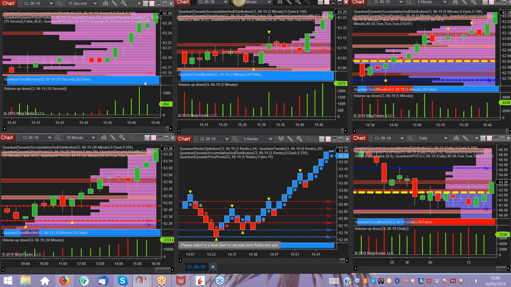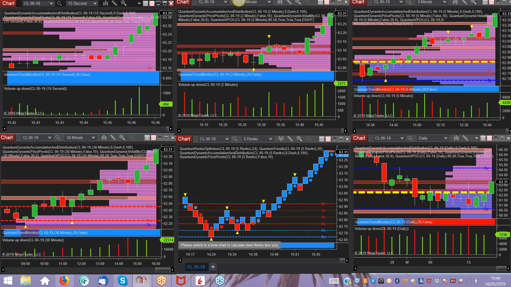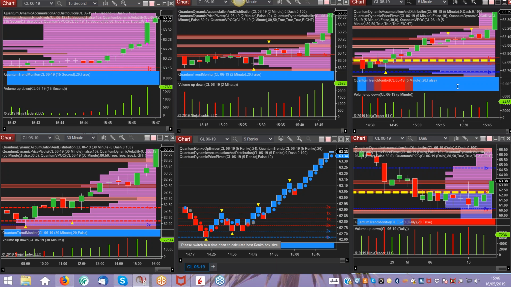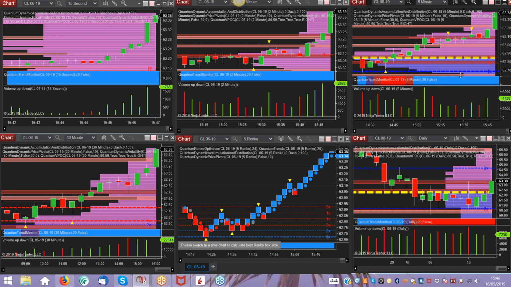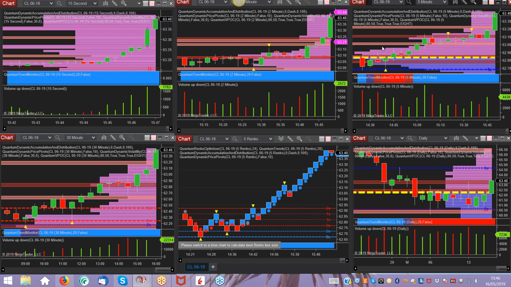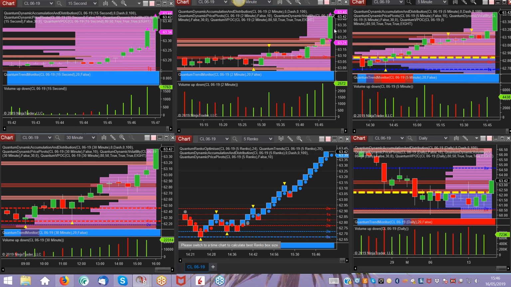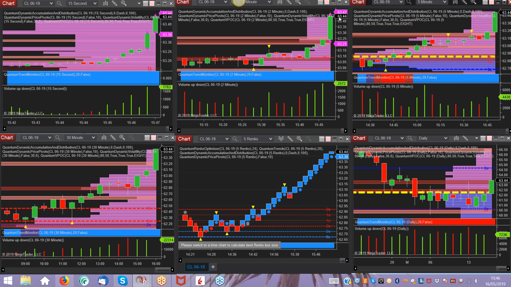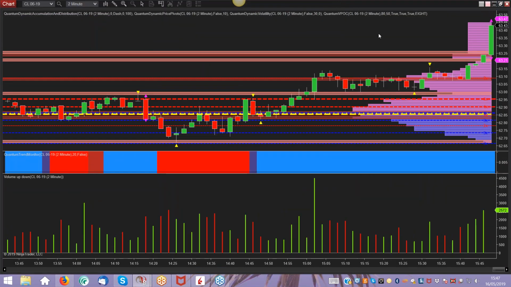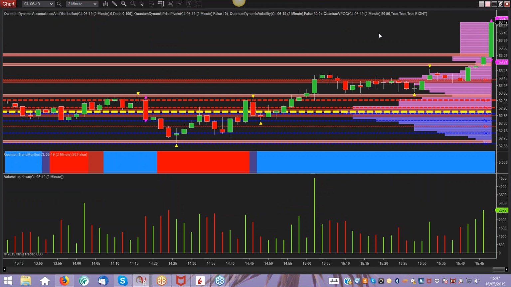All good stuff. You can see the trend monitor here is now bright blue across the piece, supporting everything, pushing us up higher. Let's move that up for you. There we go. Now we're really taking off. We're up to 39, 40. Okay, now we've got volatility come in on the slower time frames of the 2 minute. We're up to 43, 44, and at this point you might have a decision to make because you might be fearful